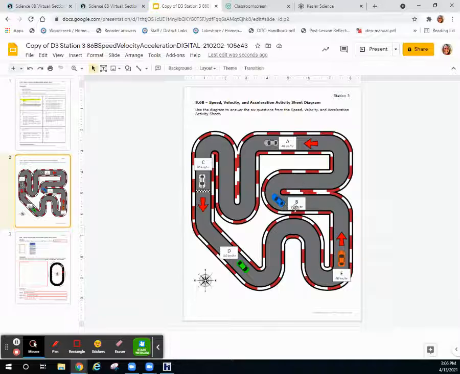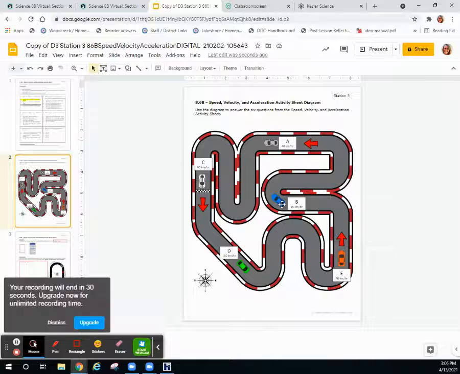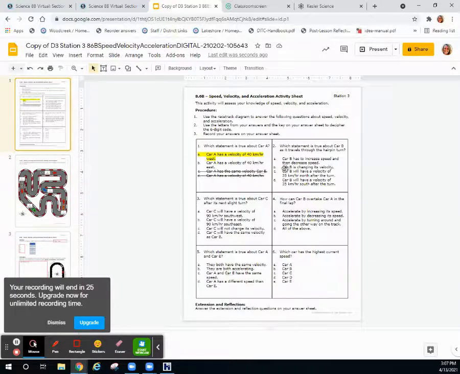You can also say that car B's acceleration is changing because most often cars will slow down to make this kind of turn. So we will use this information and go through each answer choice to decide which one is correct. Is car B increasing and then decreasing speed? Is car B changing its velocity? Will it have a different velocity of 35 kilometers per hour? Or will it have a velocity of 35 kilometers per hour south? So we just go through each answer choice to determine which one is correct and use those letters to answer